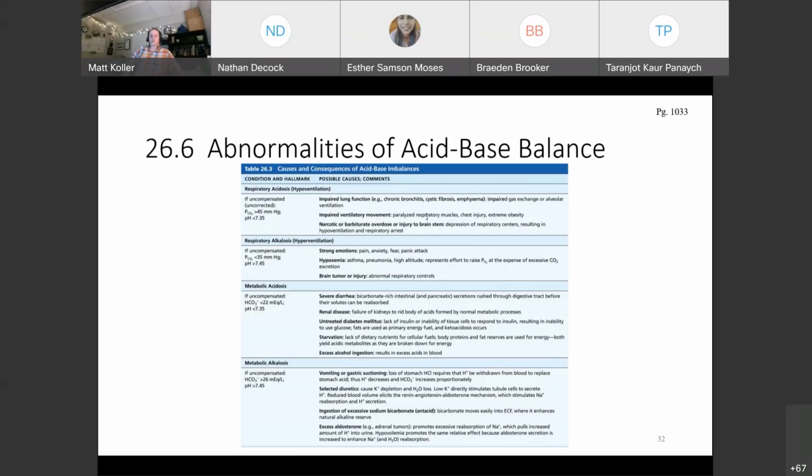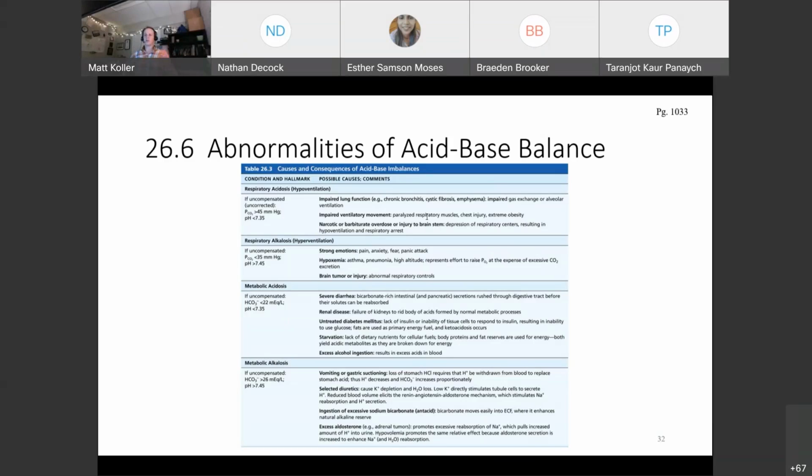What do you do? You hyperventilate. You're stressed, you panic, anxiety. So that can lead to alkalosis. You're getting rid of too much carbon dioxide. You could have also some type of hypoxemia. So, for example, pneumonia. You're at high altitude. You just can't get enough gas exchange. Or you could have a tumor or injury, right? The brain's not functioning properly to control respiration.